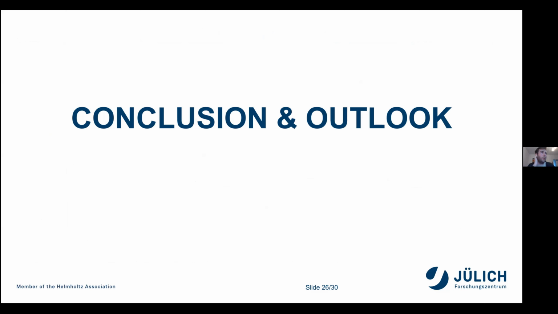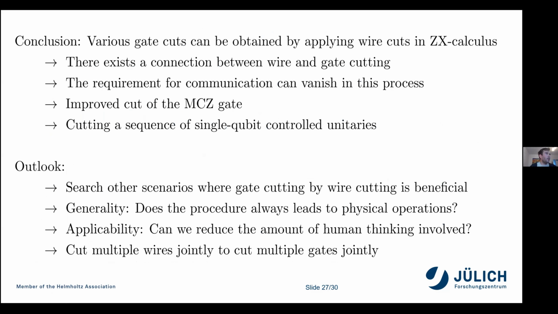Then let me anyway conclude. In the paper, we showed that different gate cuts can be obtained by applying wire cuts in ZX calculus, which is conceptually interesting because it means there is a connection between wire and gate cutting. We found that sometimes the requirement for communication can vanish, which means that we insert a wire cut that requires communication, but the gate cut that we get in the end does not. We found an improved cut of the MCZ gate,